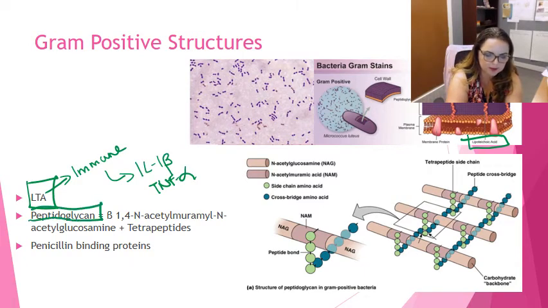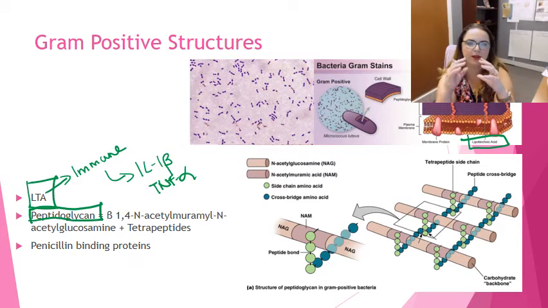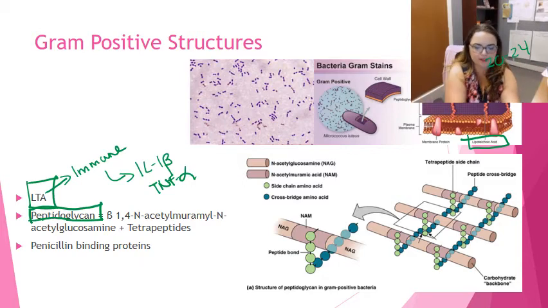Let's spend a little bit more time, though, talking about the peptidoglycan, because as I mentioned, the peptidoglycan is kind of the biggest structure in a gram-positive organism's cell wall, and that's what's actually going to provide a lot of structure to it. So in gram-positive organisms, this peptidoglycan layer can be 20 to 24 layers deep. It's what retains that crystal dye, and it has this backbone of beta-1,4 acetylmuramyl N-acetylglucosamine or glycan, and that is cross-linked by peptide bond exchange, and that process is known as